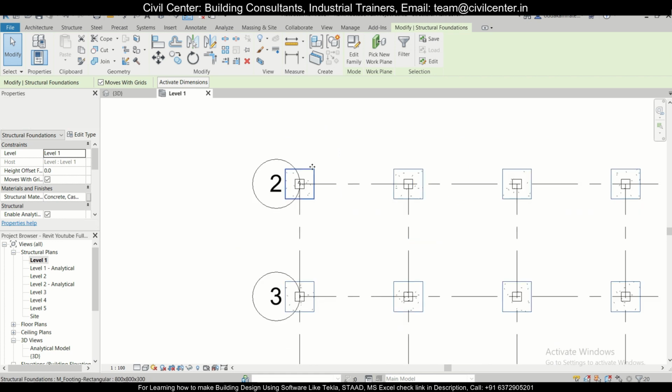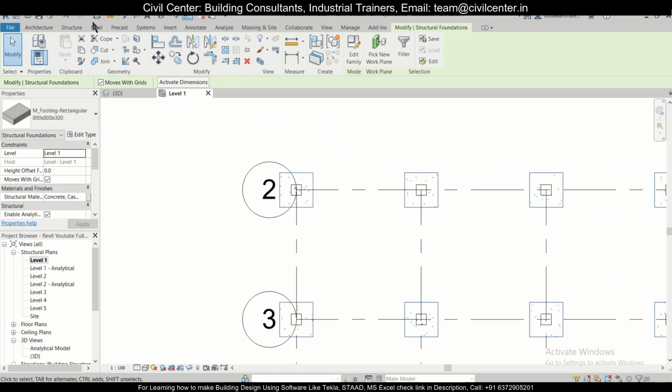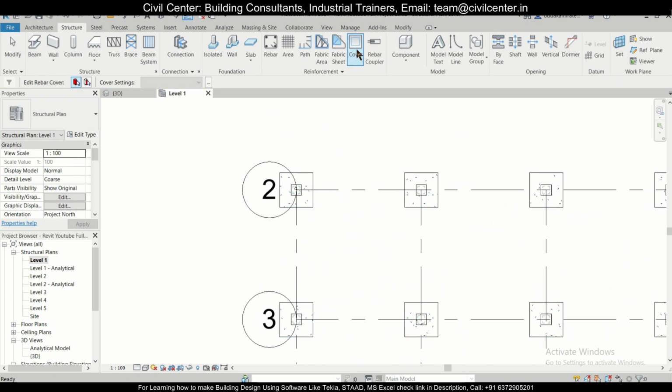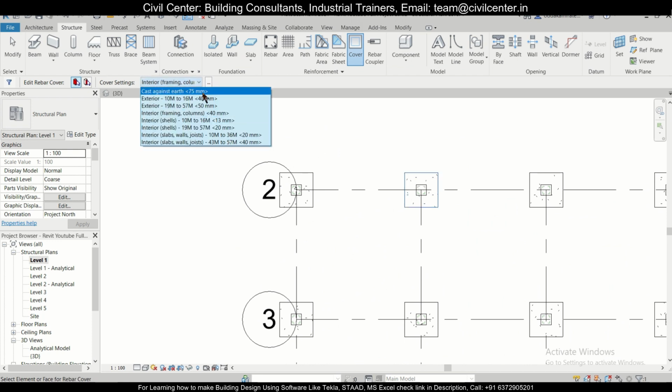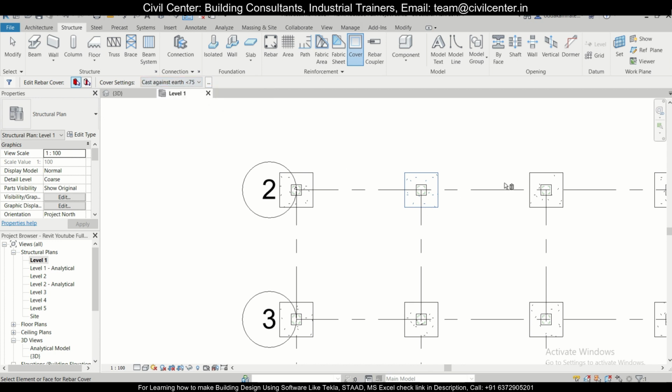So now after that you will just go to structure and then cover, and then you can check this, and for this also you can set a cover of 75.